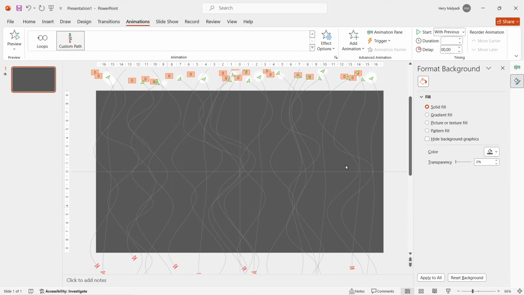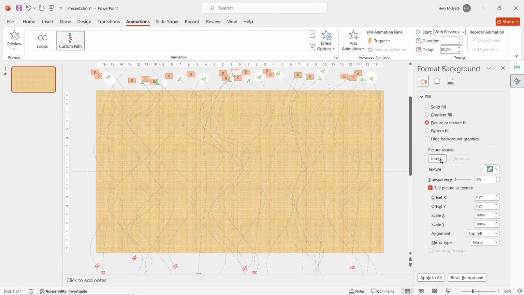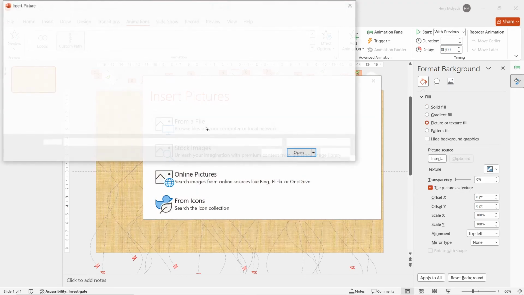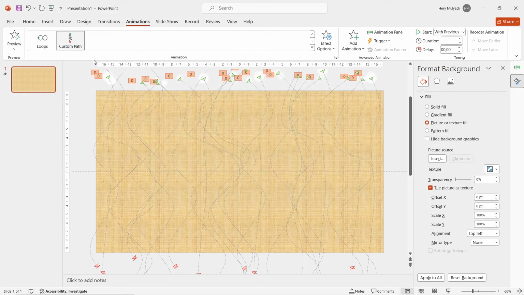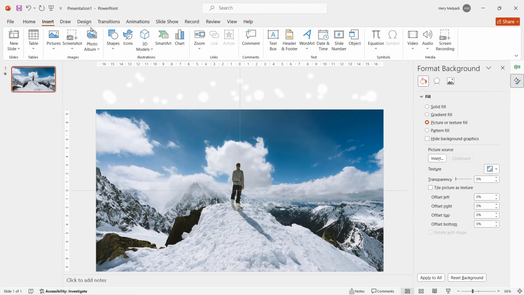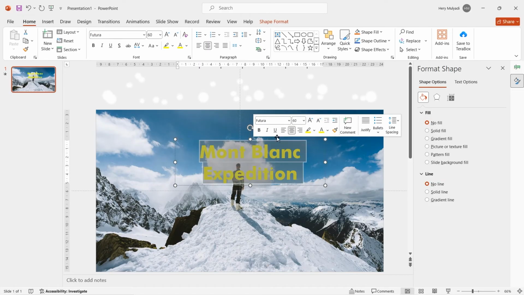Right click, format background, in fill option, click on picture, and then insert one from your device. I think this one is good. I'll put the photo link in the description. Here you can insert any text that you want, make sure it's big, and you can align it to the